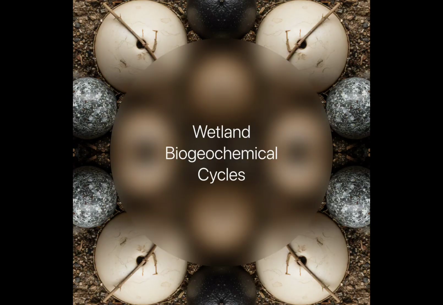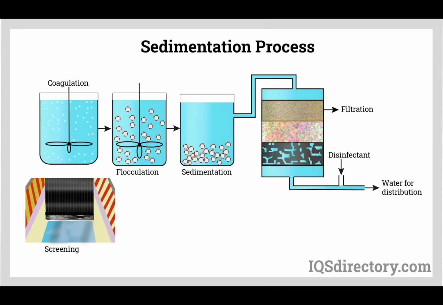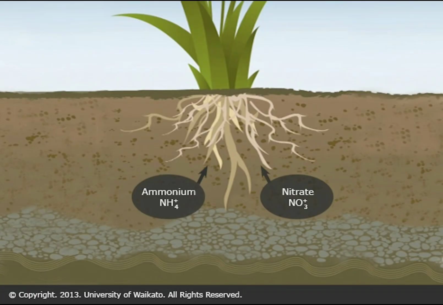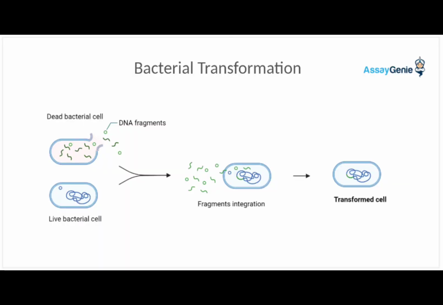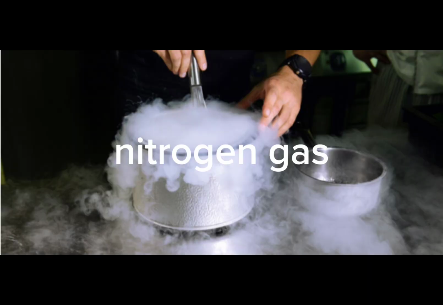Nutrient capture and recycling of wetlands. Wetlands capture nutrients through physical filtration, which is slow-moving water causes sediments attached to pollutants and nutrients like phosphorus to settle out. They also capture nutrients through plant uptake and microbial transformation, which is bacteria convert harmful forms like ammonia into less harmful ones, like nitrogen gas through